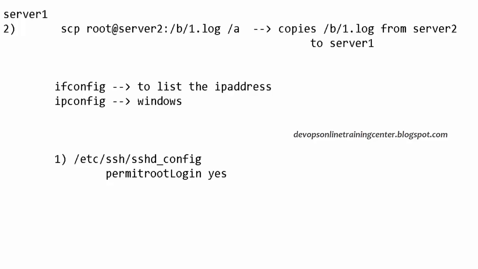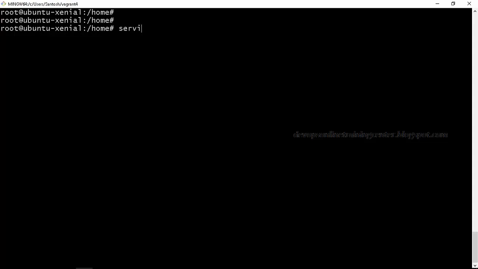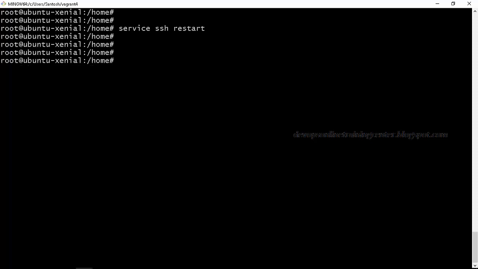Then restart SSH. How do we restart? service ssh restart. This will restart the SSH, right? What is SSH? SSH is a process or a daemon, right? So I'll just say service ssh restart. Now I also need to set a password for root.